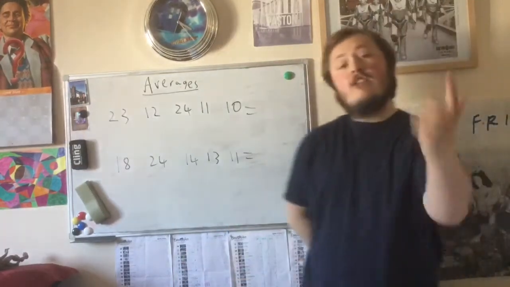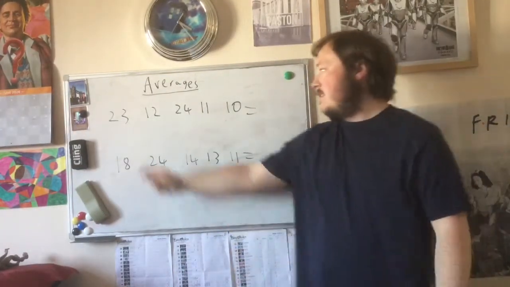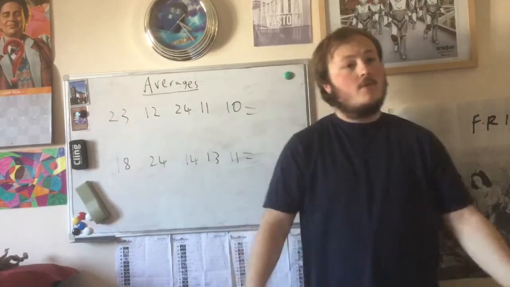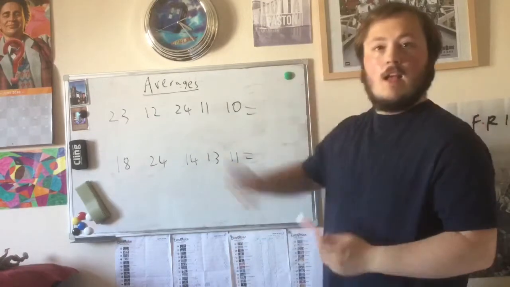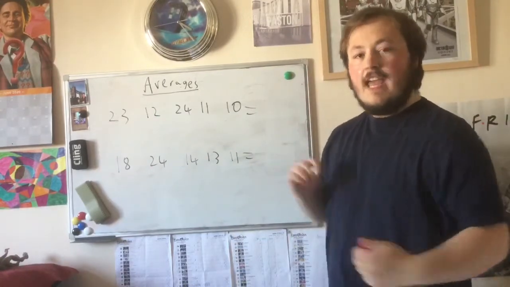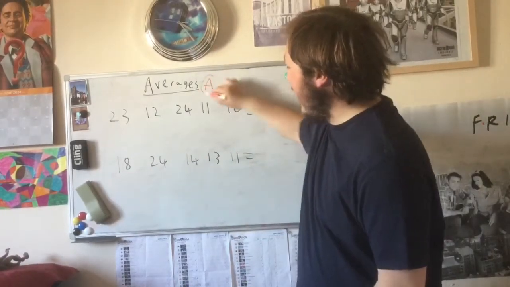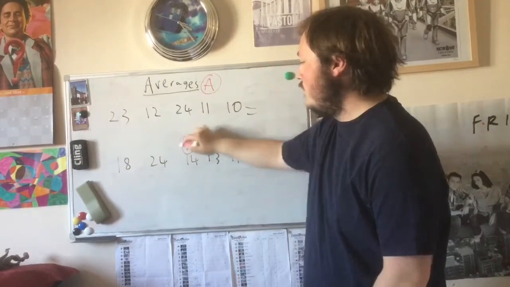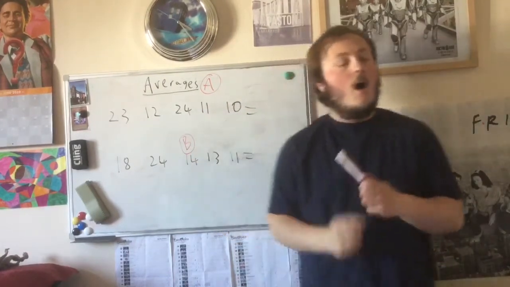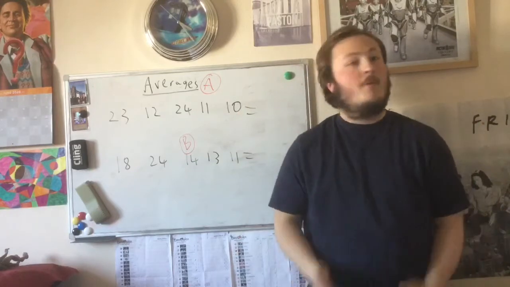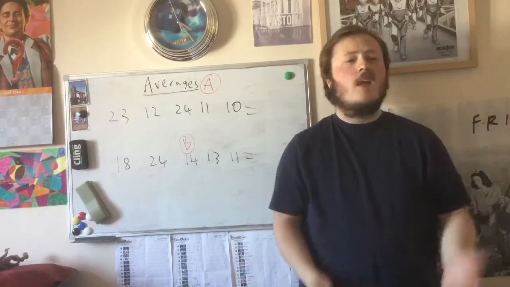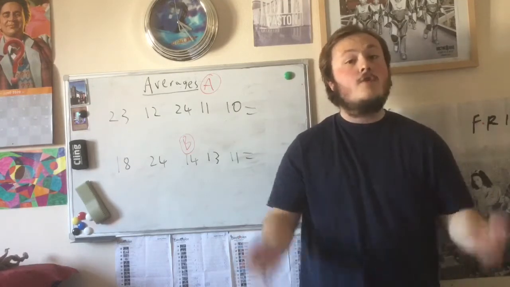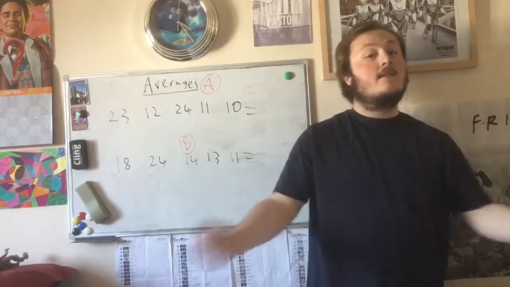Now, which average is best for this set of data? We have two sets, and we want to try and find out which school. So, similar to what I showed you yesterday, here are the maths results from school A, and here are the maths results from school B. I want to find out which school did the best, but we need to figure out an average to find this. So, how I tend to start this is I look at the mean first, because that's the most accurate,